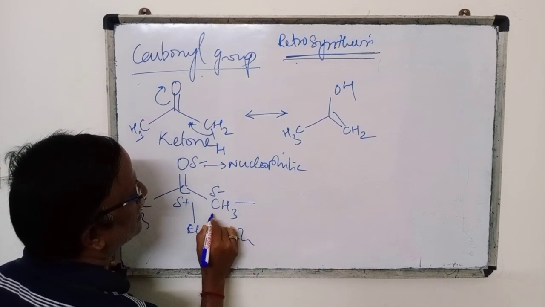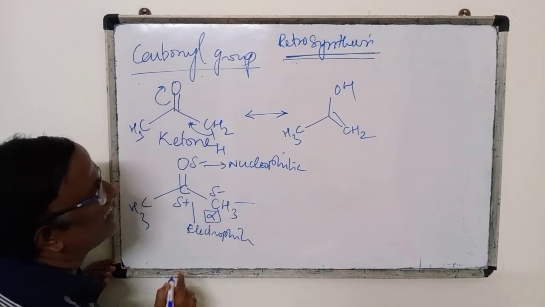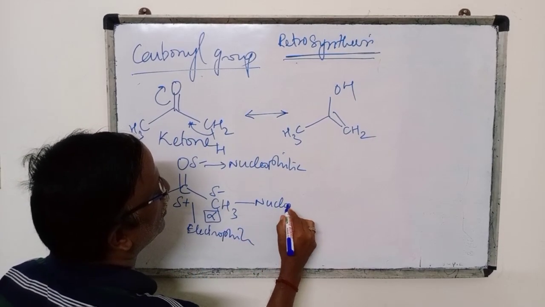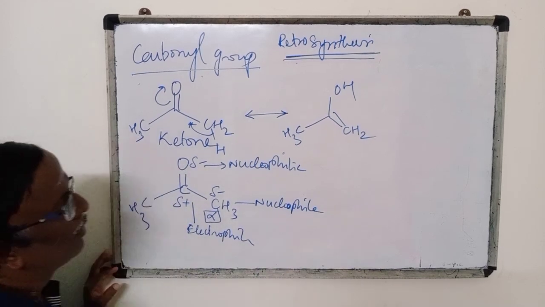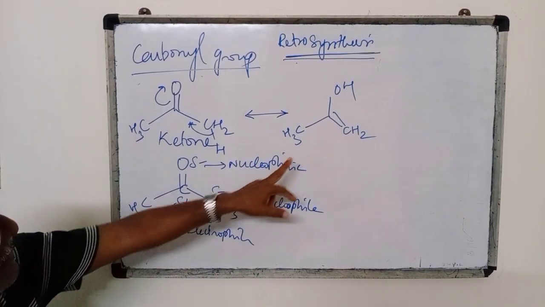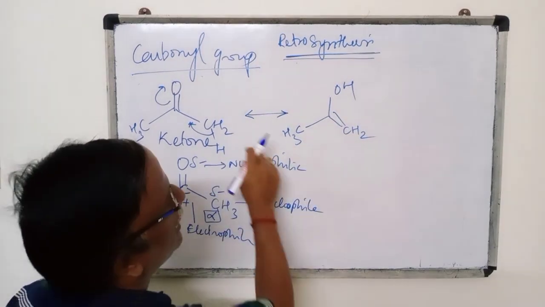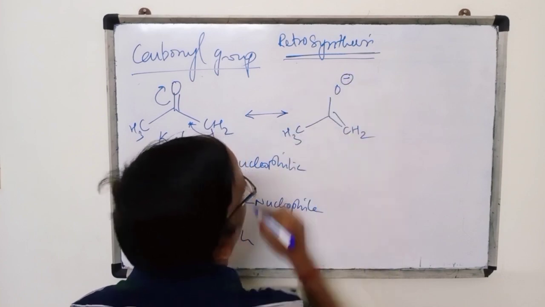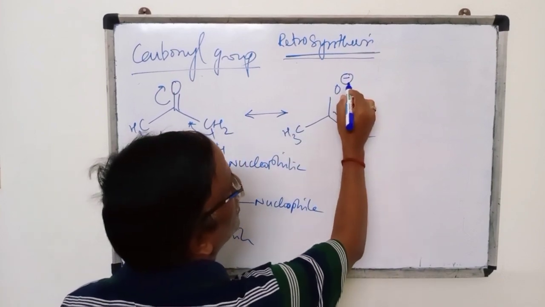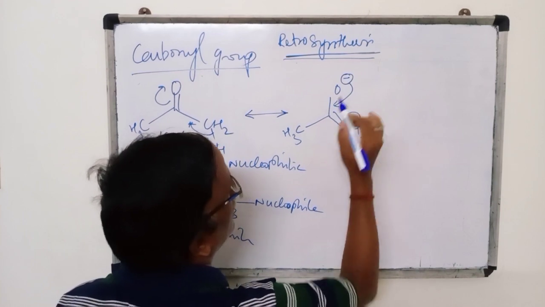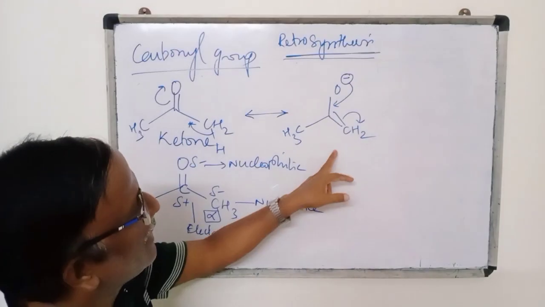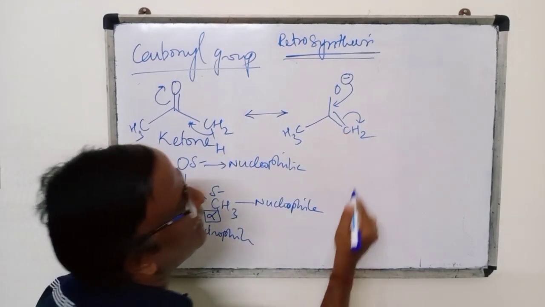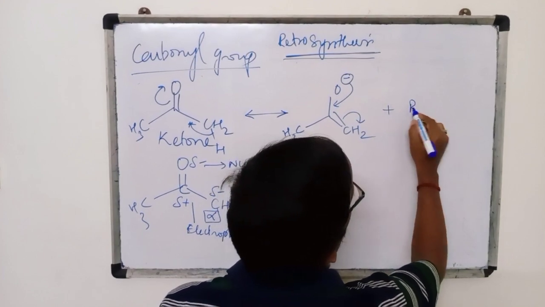Now again, this carbon is nothing but your alpha carbon. This alpha carbon is nucleophilic. So, nucleophile. That can be easily analyzed by taking this particular example. So you see, this is going to be a resonance structure wherein if you try to deprotonate it, you will be getting a negative charge. This negative charge is going to make a double bond, and this becomes the minus charge. So I will be having a negative charged carbon, which is nothing but your nucleophilic carbon, where this nucleophilic carbon can react with another